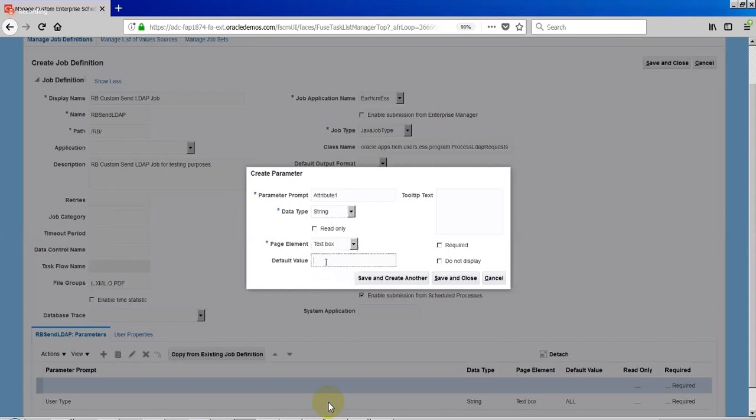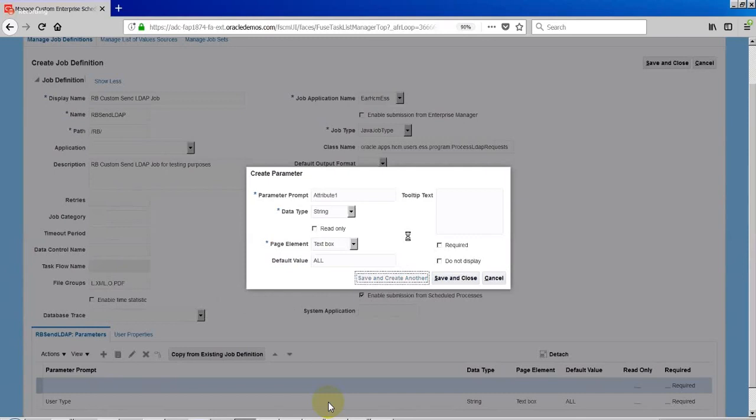Here we have two more parameters at header level: enable time statistics and database trace. So database trace is, I think, to enable the trace. What is the use of that enable time statistics checkbox? Okay, you're talking about these two? Yeah. Basically, I see it is meaningful if we enable the diagnostics at the instance level. Typically we have a feature called submitting the same jobs in multiple time zones.